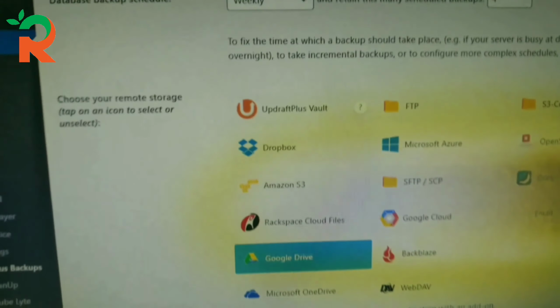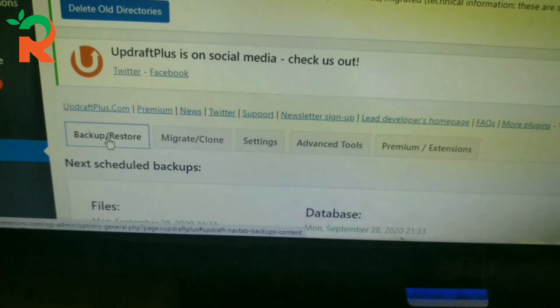When you are coming down, so these are the settings. Okay, since we didn't make any change there, we are going back to the backup and restore tab,